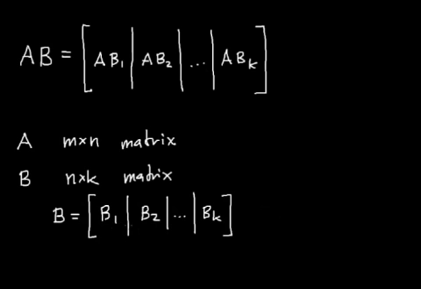And when B1 up to BK are columns of B, it turns out that A times B can be rewritten like this, where we have the matrix A multiplied by the column B1, and so on and so forth. Moreover, this formula